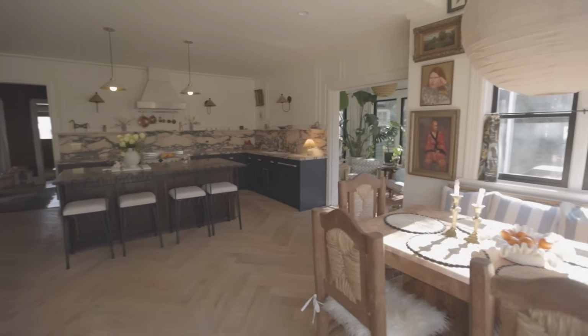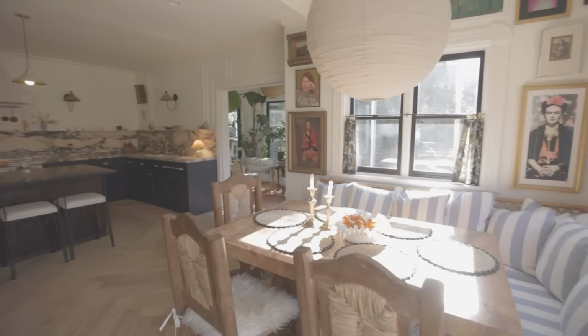Our dining room is in the midst of being transitioned into a library. We're going to be installing custom cabinetry throughout that room, and right now we have all of our books in our guest room upstairs, but I really wanted to bring them down and allow people to come in, borrow them and look at them. And